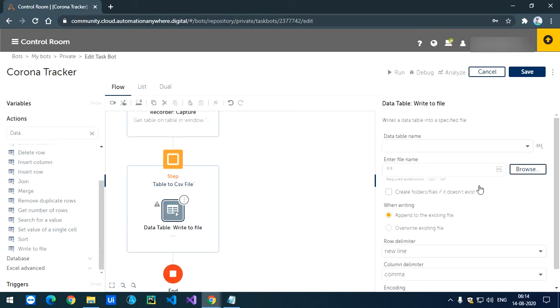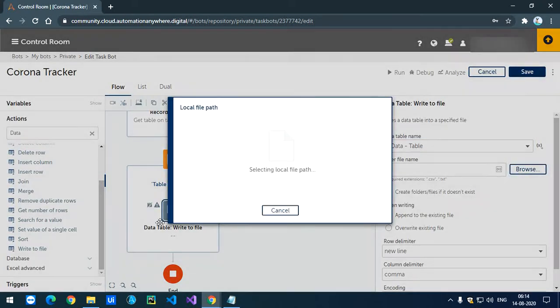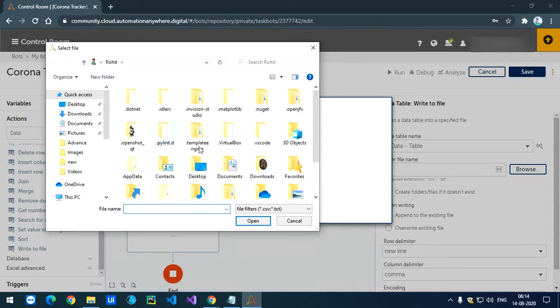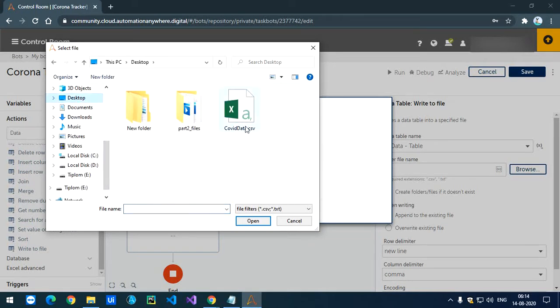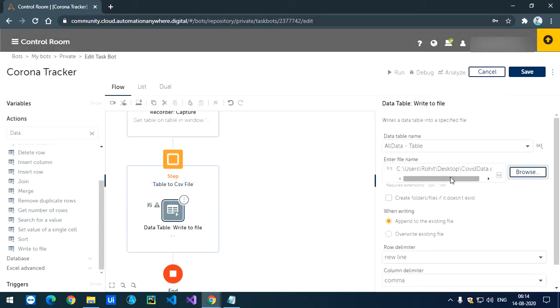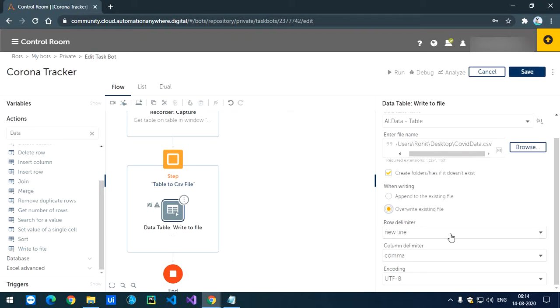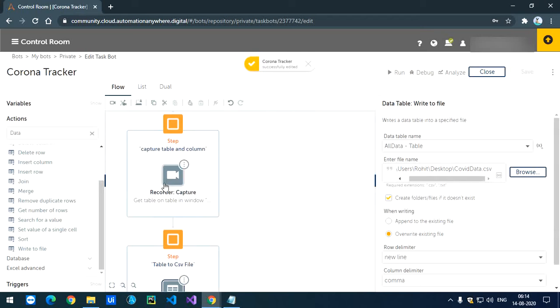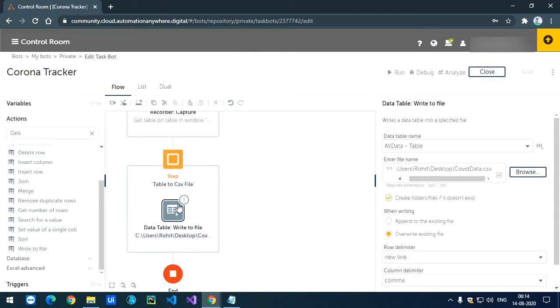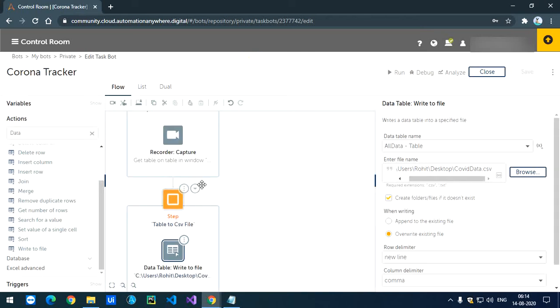I'll go with the all data table, that's our table name, and for the file, I'll select the file on the desktop, this one. Now create folder and file if it does not exist, and overwrite existing file. Then I'll click on save. Yep, everything is fine.